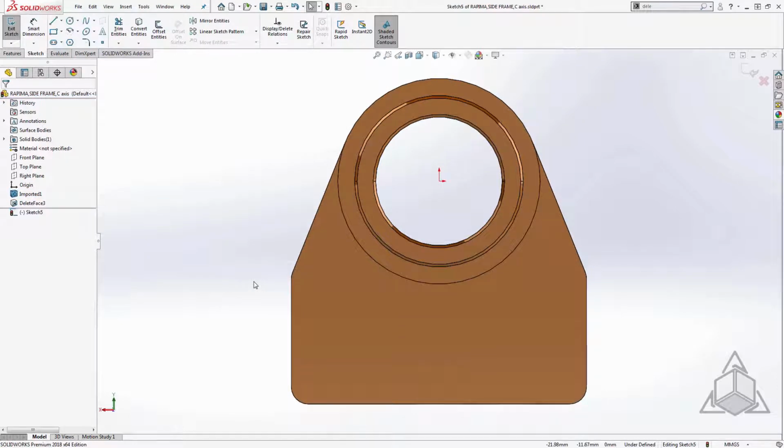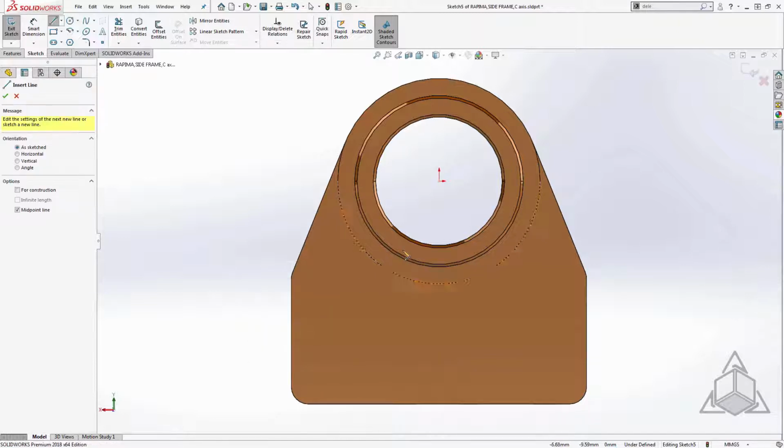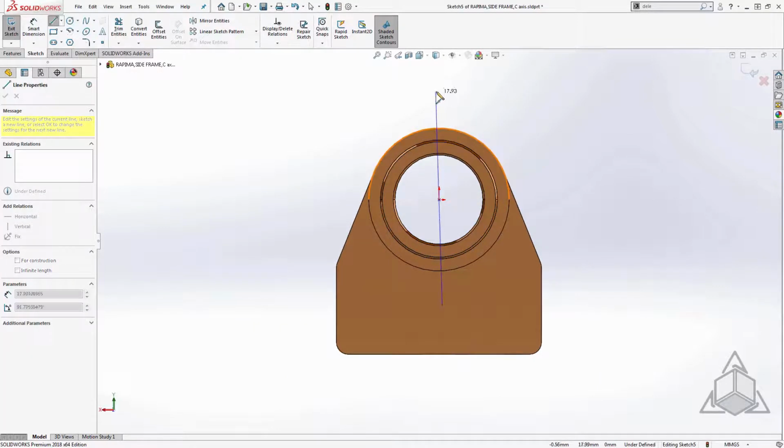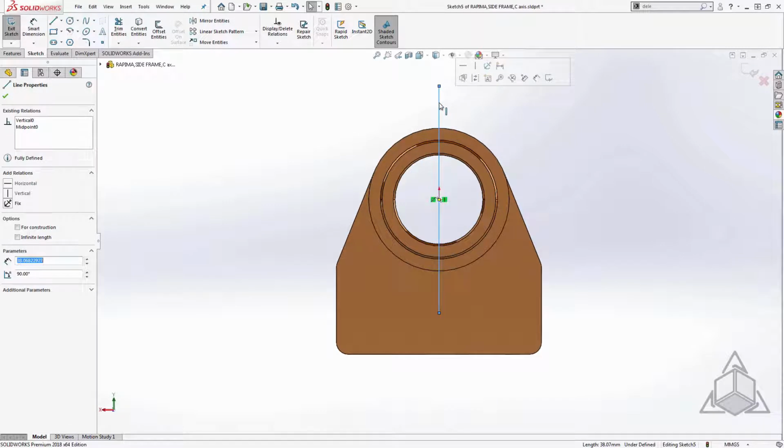Now, likely one of the first things you do when creating symmetrical geometry is place down a center line. The center line is accessible from within the line tool. Don't forget that any sketch entity can be used as a reference. For example, if this midpoint line was more convenient to use to create my center line, I can do that. From here, we just need to tell SOLIDWORKS that this is a reference line not to be used for any